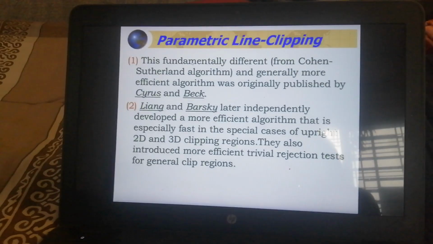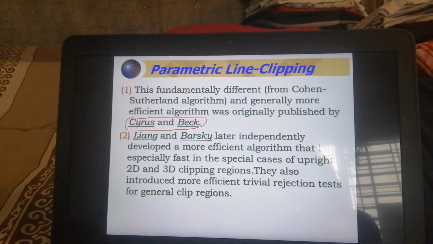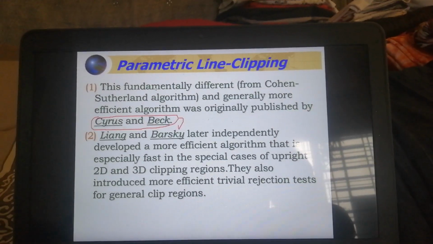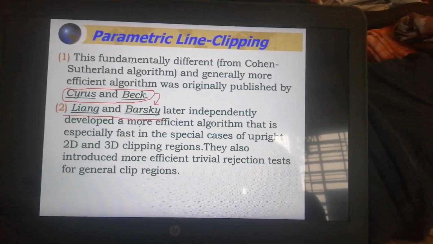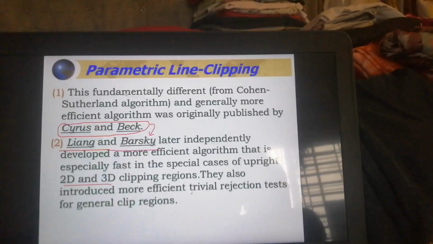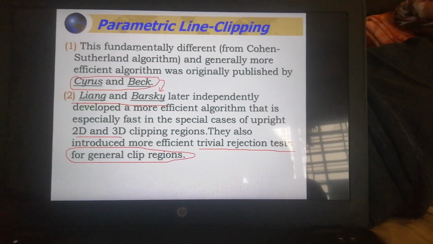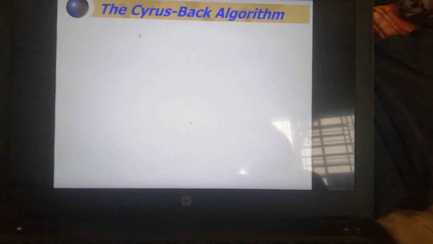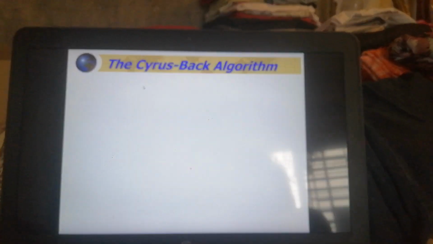It was initially published by Cyrus-Beck in their original paper, but after that it was more refined and made easier to understand by Liang-Barsky. They made it independent of 2D and 3D clipping, and they also introduced a more efficient trivial rejection test for general clipping designs. So it's very fast. So let's see the Cyrus-Beck algorithm first. We will make a little introduction about Cyrus-Beck, but basically we will learn about